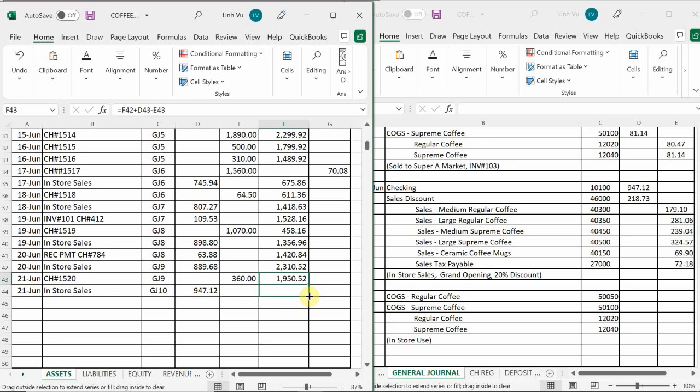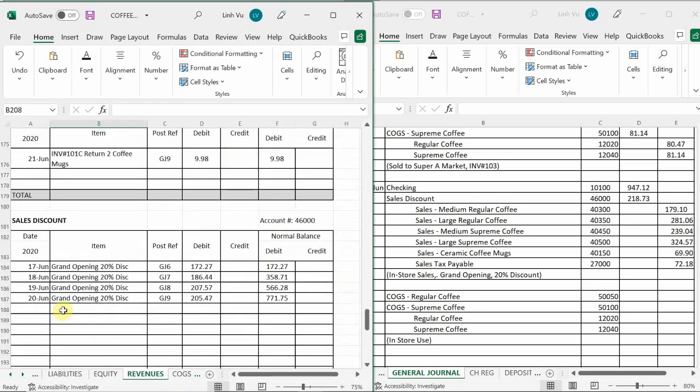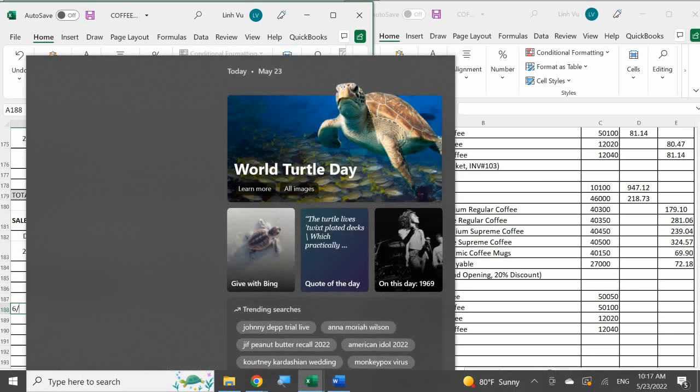So now 947.12 added with 1950.52. We got 2,897.64 cents. Good. Okay, now we have to add our sales discount now. So sales discount. Here it is, my sales discount for